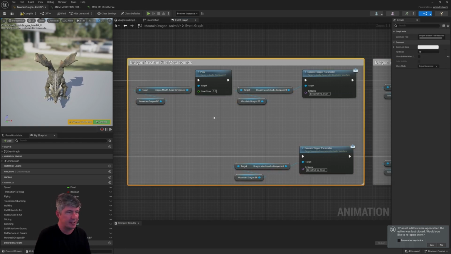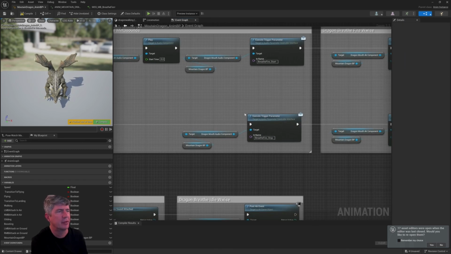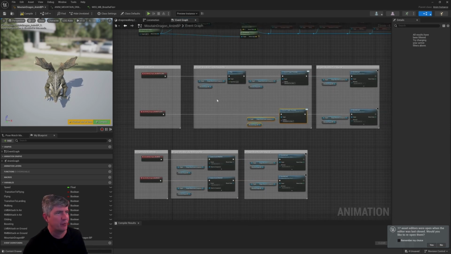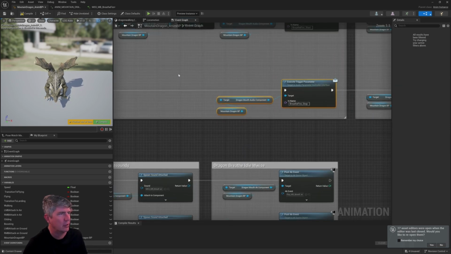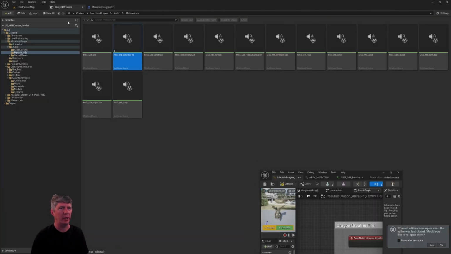the Y's event. Over here, dragon breath end. We're going to hit that stop. That stop is going to stop the sounds. It's also going to play out that breathe fire stop, or the ending of that whole fire breath animation. So now when we